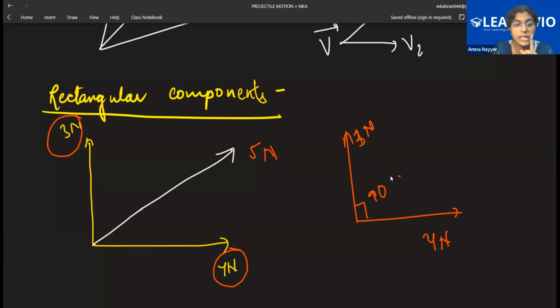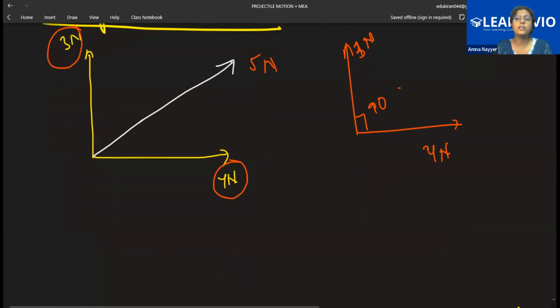Your aim should be to segregate the terms along the x-axis and y-axis, obtain all the quantities along the x-axis and y-axis, and solve them separately. See class, let's say I have all the forces along the x-axis, Fx, and all the components along the y-axis, Fy. Now, Fy and Fx, I can solve these at least, since they have 90 degrees between them. So it is under root Fx square plus Fy square, right? So even if you have many things given, you'll be able to solve them. That's the significance of this, why we are studying it. So this is what rectangular components are.